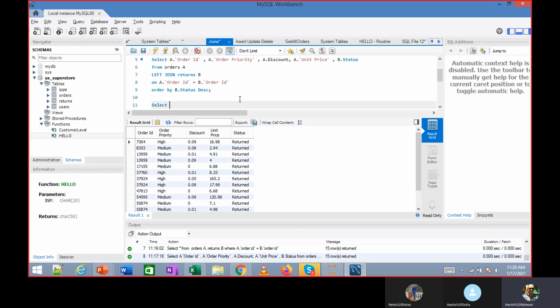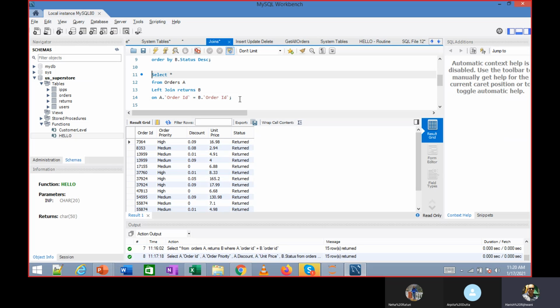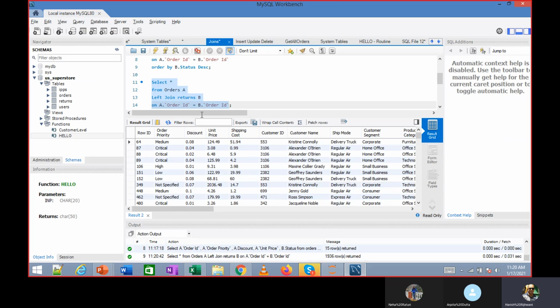So if I write select star from orders A left join returns B on A dot order ID equal to B dot order ID, and I run this, I will get all rows of the left hand side.